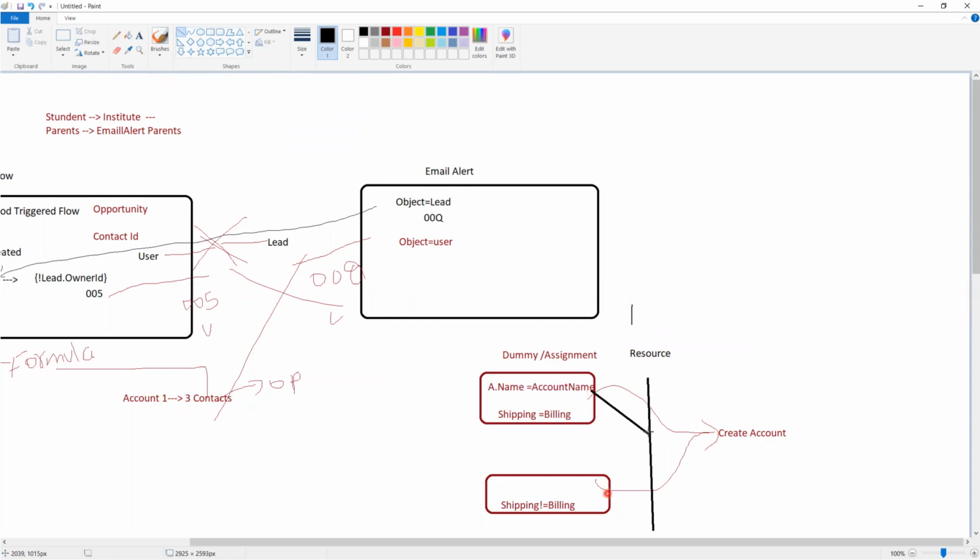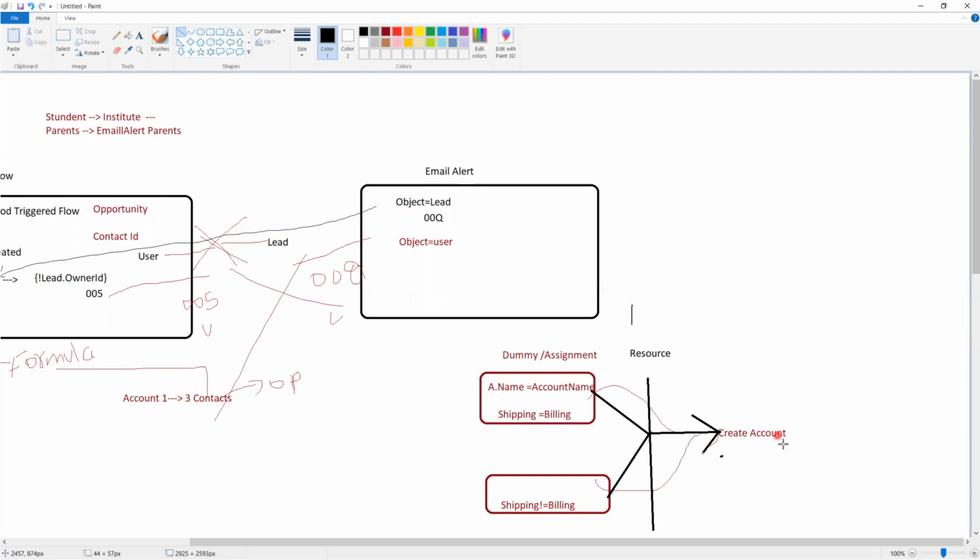That means whenever you are assigning the data, whether it's different or the same, assign it to this resource. Then from the resource, I can directly create an account. I need not get the information from here. In between, I'll create one resource. That resource is going to take the information from here,